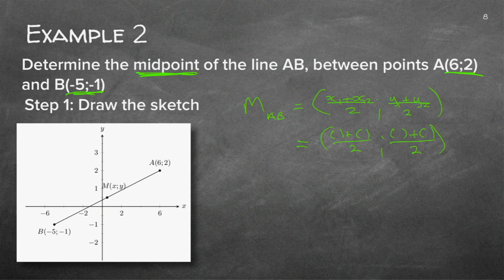Oh, and now I must just decide which one is which. So I'm just going to take this one and make it x1, y1. This one I'll make x2, y2. And if I start replacing, oh, there's my replacement. I can just fill it in. x1 was 6, plus x2 was minus 5. y1 was 2, y2 is minus 1. And it's still all the midpoint of AB. The midpoint of AB, remember the capital letter. So now we're going to just get the answer. 6 minus 5 is 1/2. And 2 minus 1 is also 1/2.